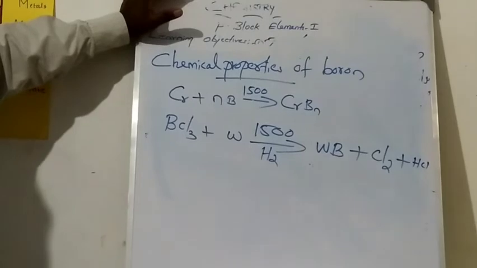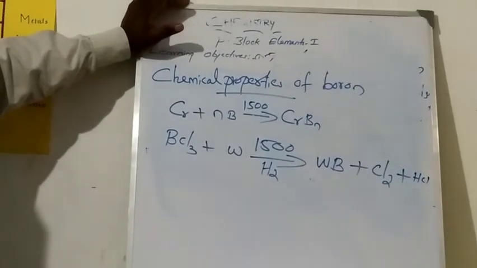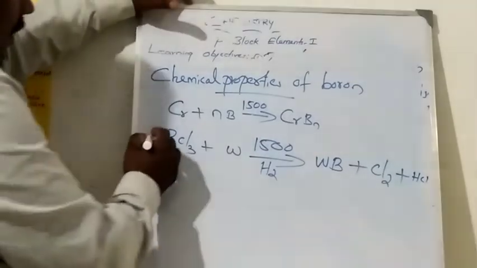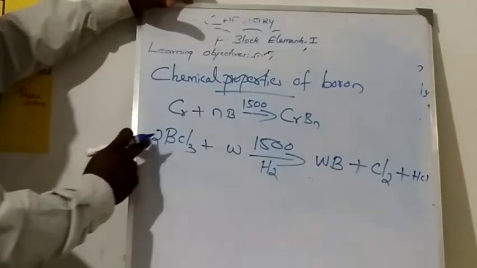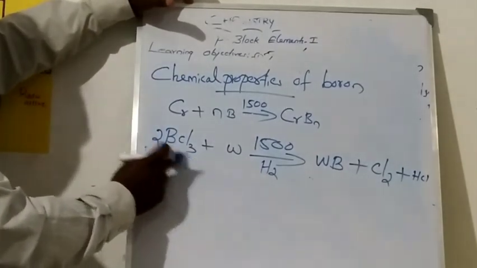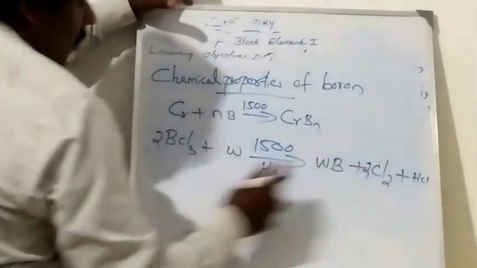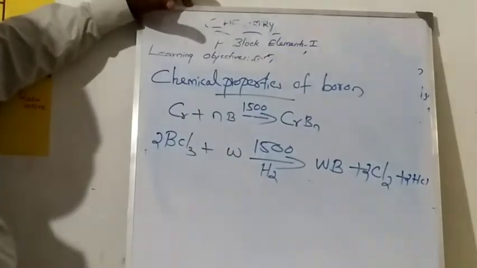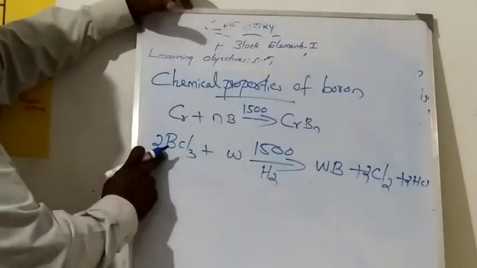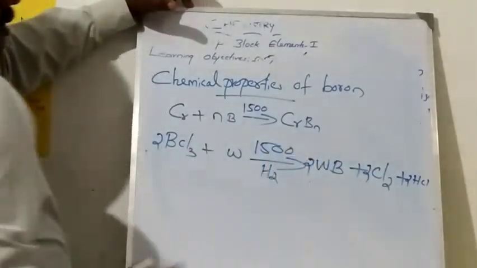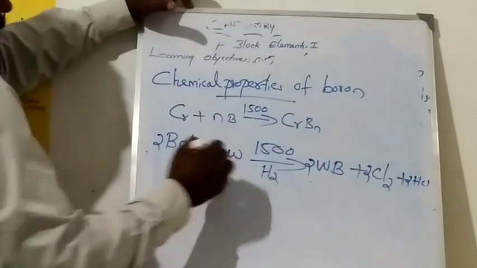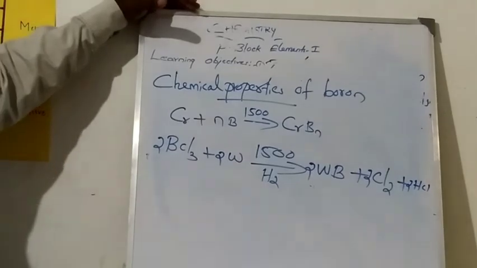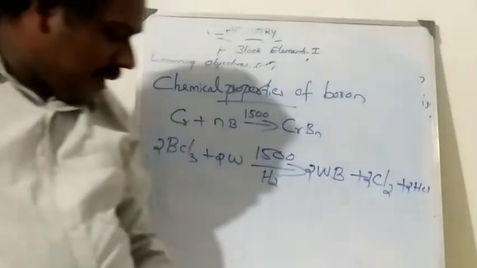Then how can you balance the equation? Balancing the equation is very, very important. Simply we can take 2. Then here having 6 chlorine, we can use 2 here. There are 4 over, remaining 2 hydrogen. The boron is 2, and the metal also 2. I think the equation is balanced.